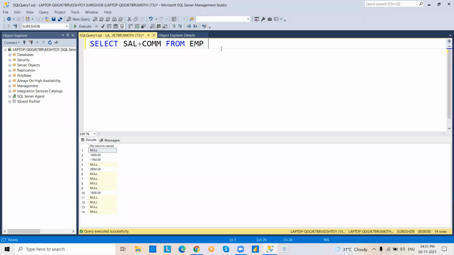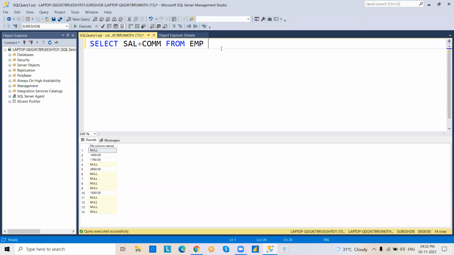In this case, my plan is if I can convert commission null value into 0 temporarily, not permanently. Permanently, we cannot make changes, right? Because that is the data available there. If I can make commission null value as 0 temporarily, then I can do this task.